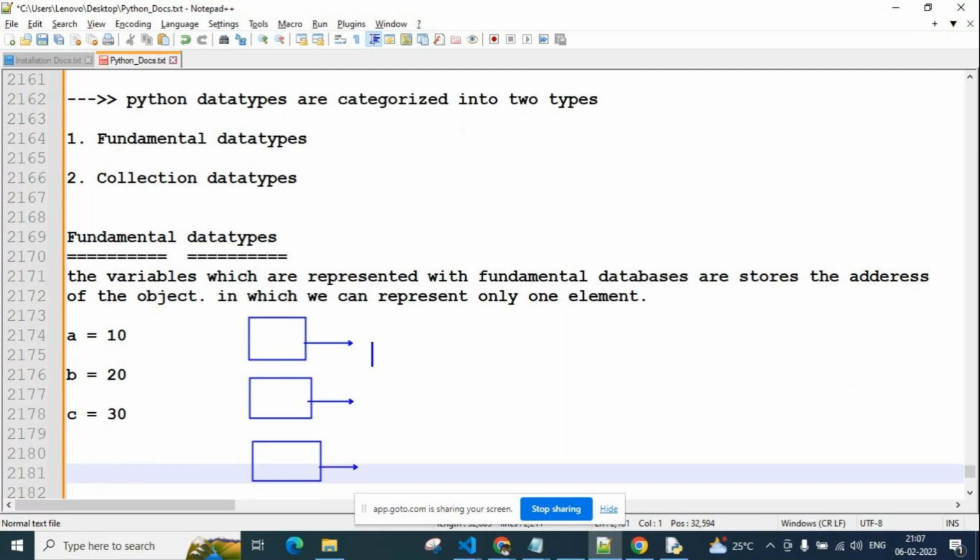And here 10, 20, 30, like that we are creating. So for storing three values, we created three variables and are maintaining three memories.